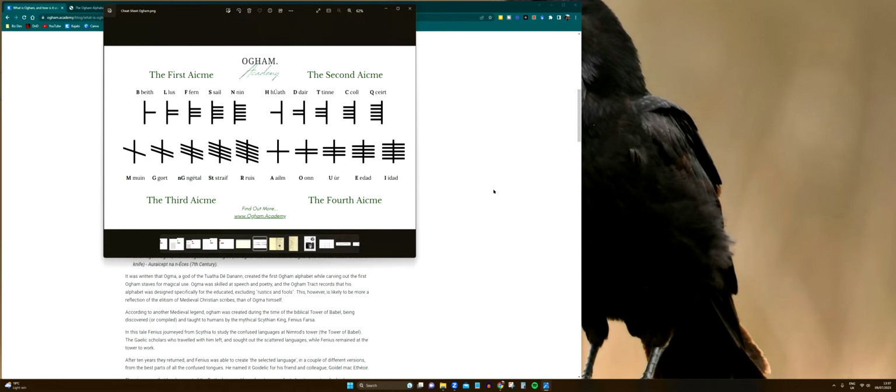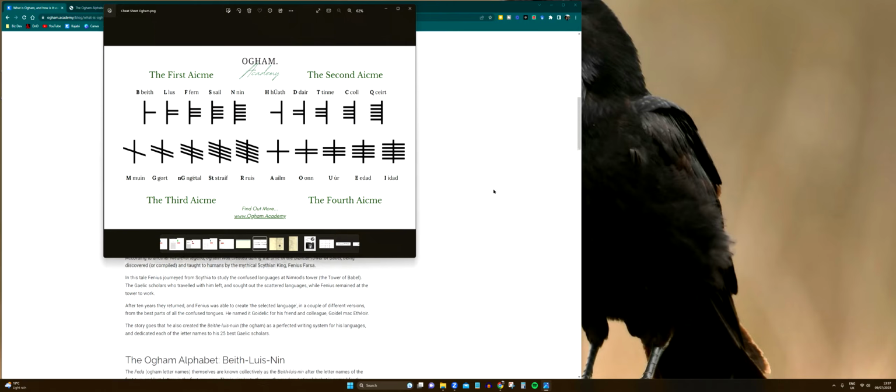According to another medieval legend, Ogham was created during the biblical Tower of Babel, being discovered or compiled and taught to humans by the mythical Scythian king Phineas Farsa. In this tale, Phineas journeyed from Scythia to study the confused languages at Nimrod's Tower, or the Tower of Babel. The Gaelic scholars who travelled with him left and sought out the scattered languages, while Phineas remained at the tower